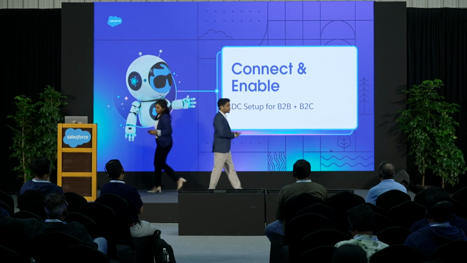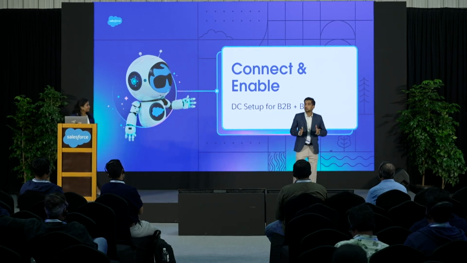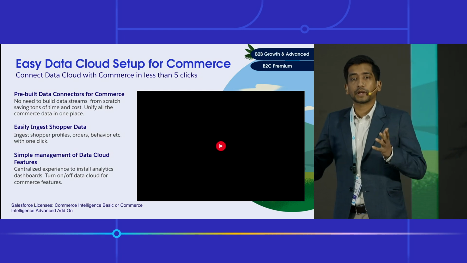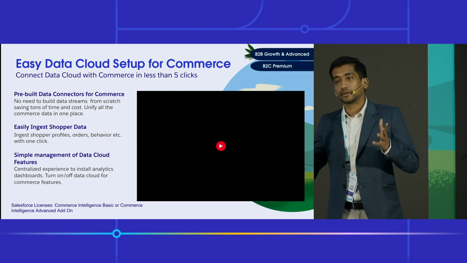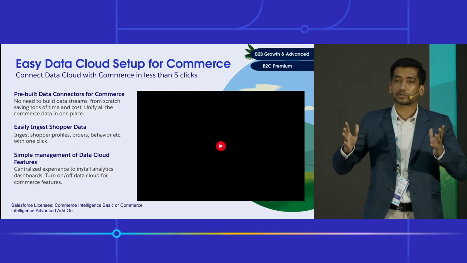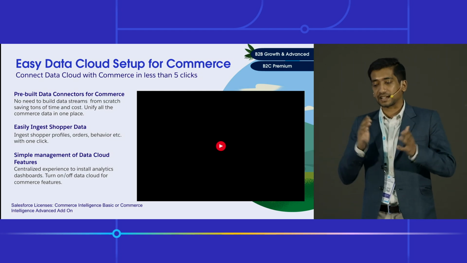That sounds super interesting that we can now set up Data Cloud for Commerce. Businesses can leverage the data that's residing in the commerce and boost merchant productivity. So, targeting the first pillar, how do we set it up? Talking about setup, we heard from our customers that setting up Commerce Cloud and Data Cloud together could be a cumbersome process. The process needed a lot of steps to be carried out, a lot of permission sets to be assigned, just so that the connection's done.